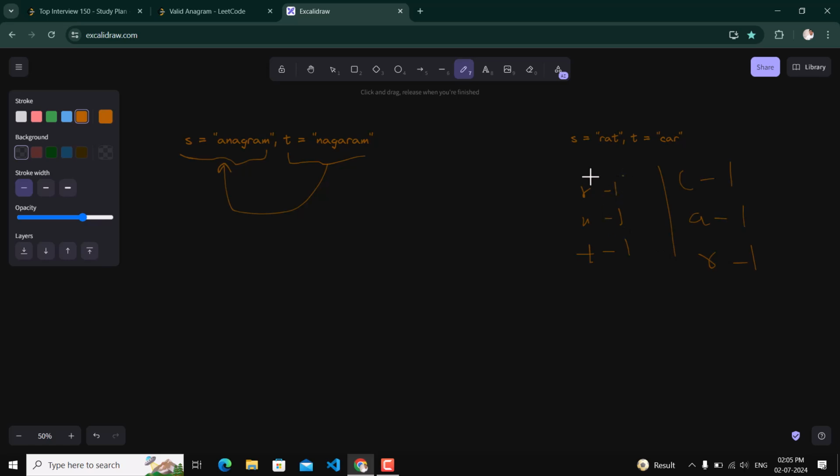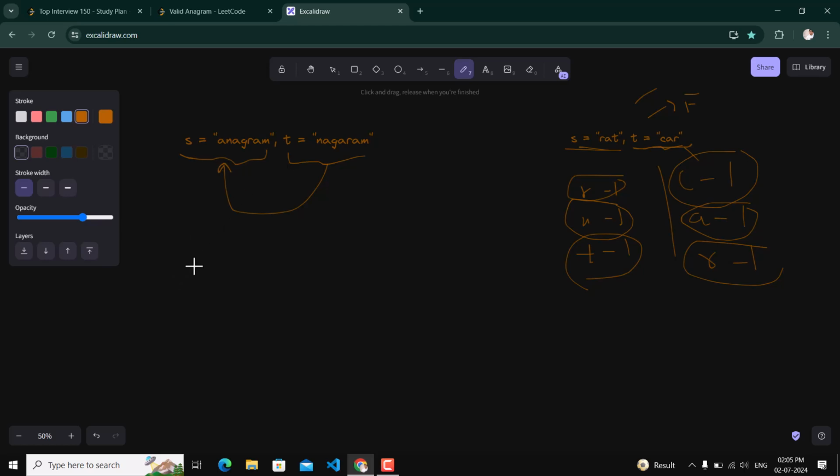So we have r and a one time each. But s, the original string, contains t, which is not contained in this t string, and it contains c, which is not contained in this s string. So we can say that this t string is not formed by using all the characters of the original string s exactly once. So t is not an anagram of s, so we will return false here.